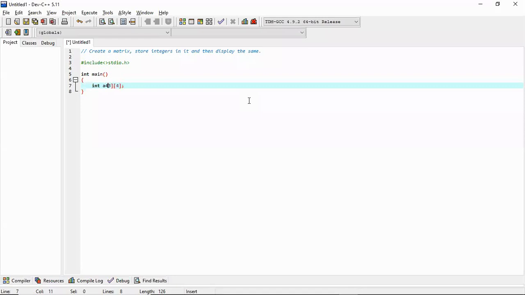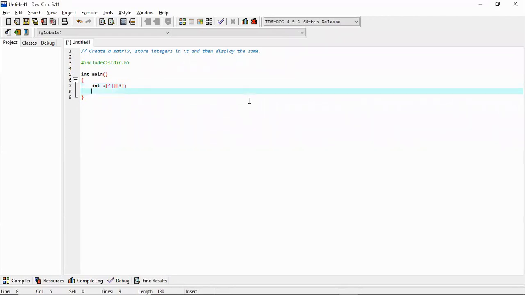So in this way, we can create a matrix, a 2D array, which has 4 rows and 3 columns. So this is the way how we declare this matrix.